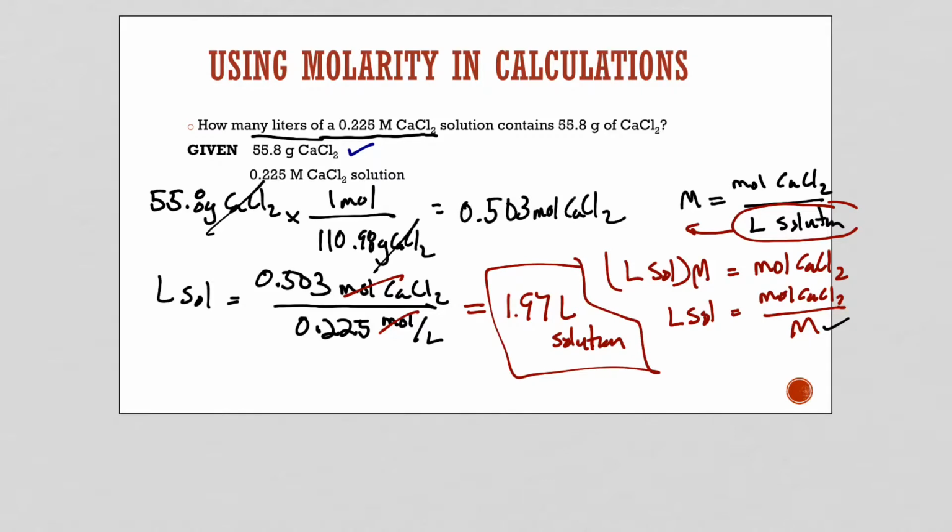So in order to have 0.503 moles, I would need almost 2 liters of this solution that is 0.225 moles per liter, which makes sense, right? So if every liter of this solution contains 0.225 moles, if I wanted to have twice this much, right, then I would need